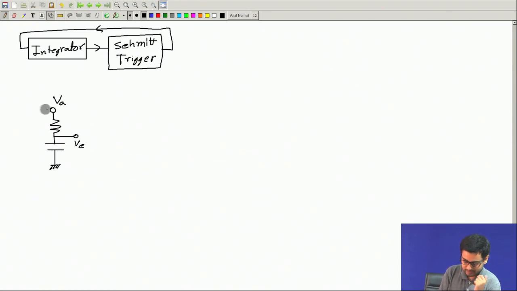Because if you apply a voltage suddenly, like this. So, this is a battery, you connect this switch suddenly. Before that there was no charge across the capacitor, so the voltage Vc was 0. Now, the moment you connect this switch, this potential is at a voltage Va. So, current will start to flow through this resistance, and therefore, the value of Vc will increase slowly with time, and finally, it will reach the value of Va. Va is the battery voltage.